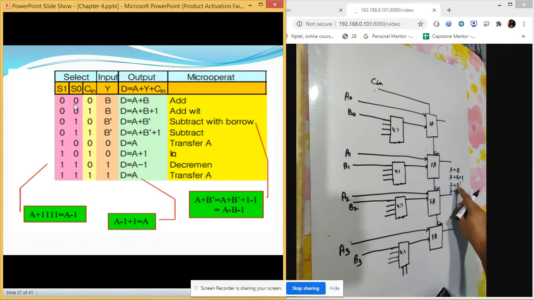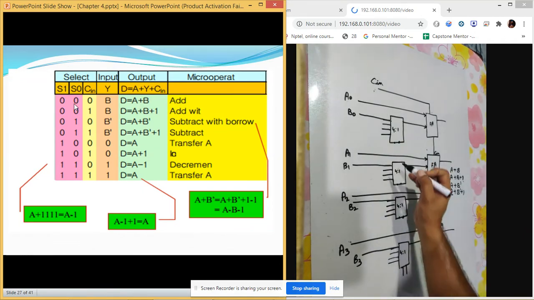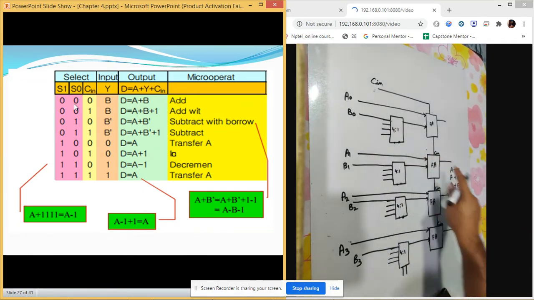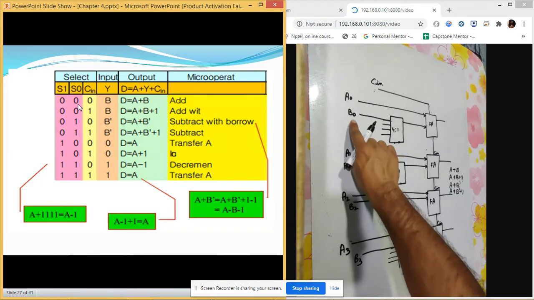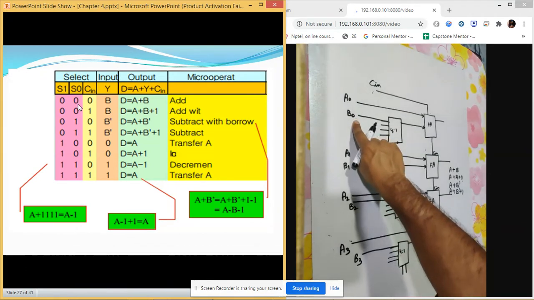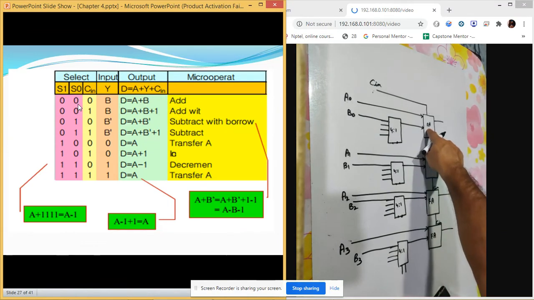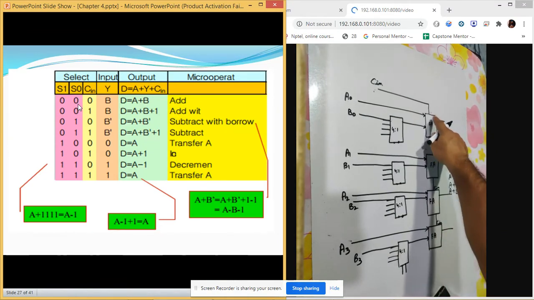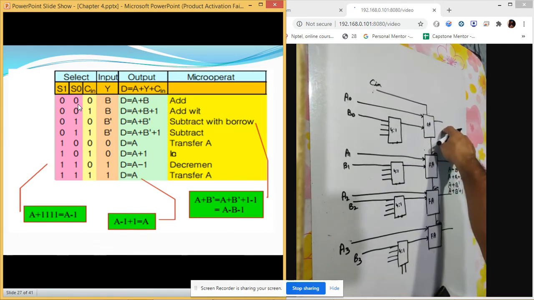So to make it A plus B bar, we need to connect the value of B bar with the second input, because at 0 1 we are going to perform the value of B dash. If you see the circuit properly in your slide, when the selection line is 0 0, the first input gets in. So what is the first input? It is B naught, B1, B2, or simply you can say B value. It will directly go to this place and it will be forwarded to the full adder. So what will your full adder do? It will add up the value of C naught, A naught, and B naught. So it will simply add these three values and give the result.